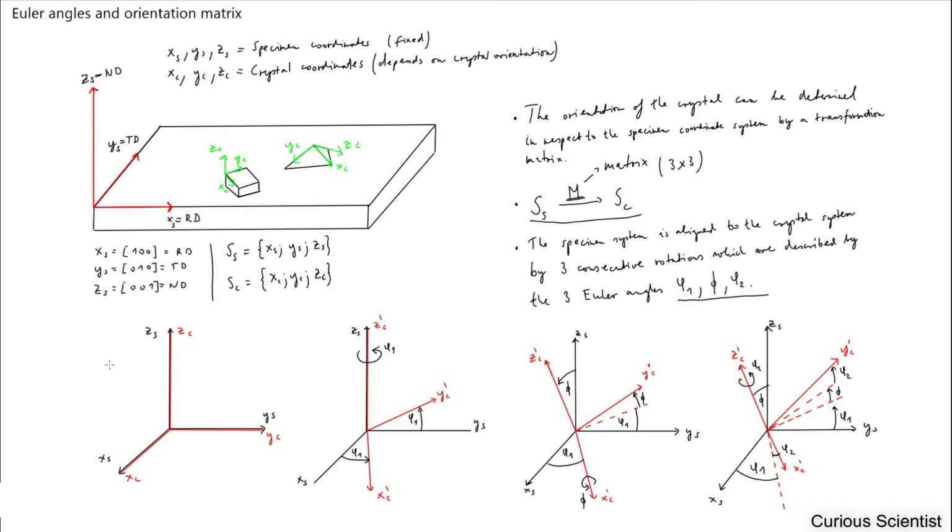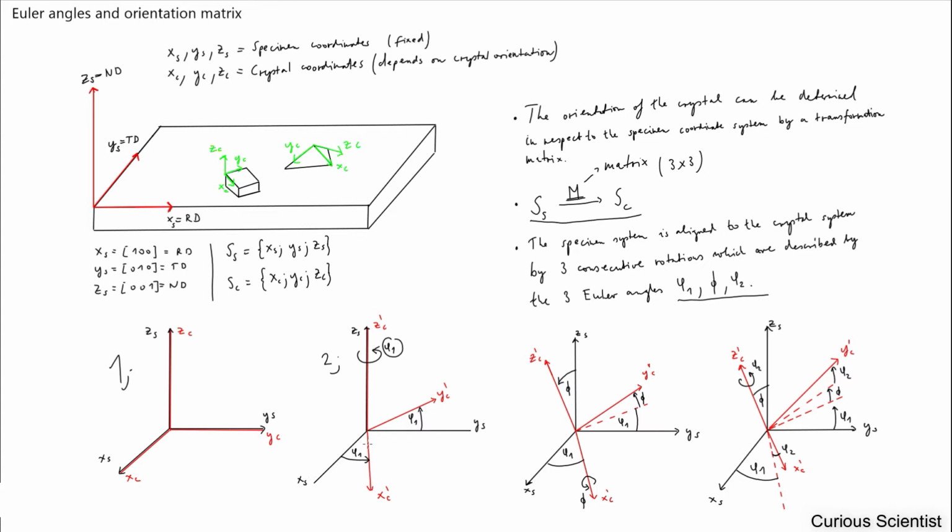So let's start here. This is the first part. Here we go from the case when the two coordinate systems are aligned. So you see that Z, Y and X are all aligned. Then the first thing is that we rotate the system just along the z-axis. You can see it on the second image. So we did a rotation, which is the phi 1 here, rotation along the z-axis, and you could see that the original x-axis